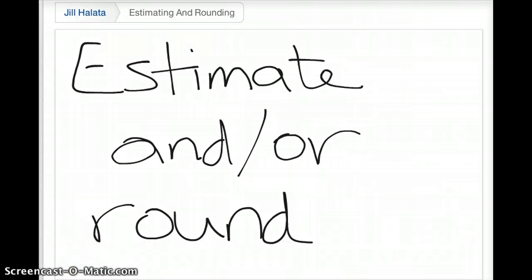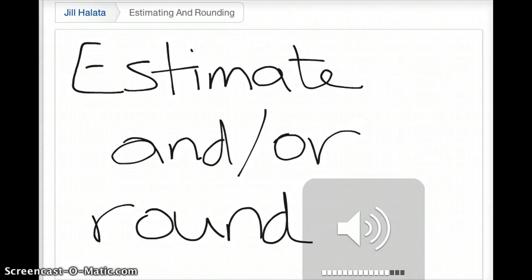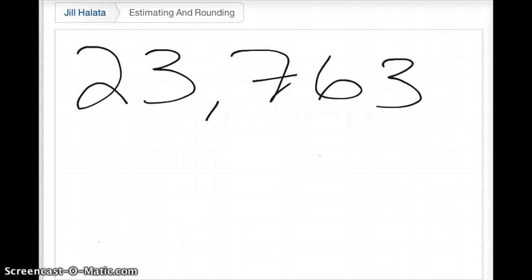Okay, today let's look at estimating and/or rounding of whole numbers and decimals. First, we're going to start with whole numbers, so everything to the left of the decimal. So if we have